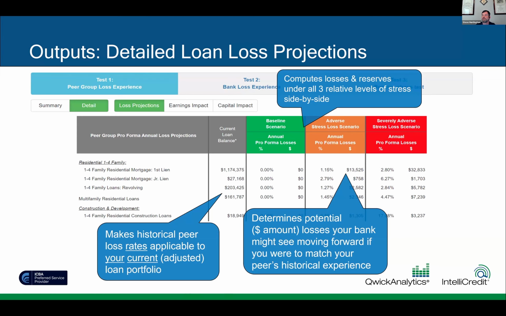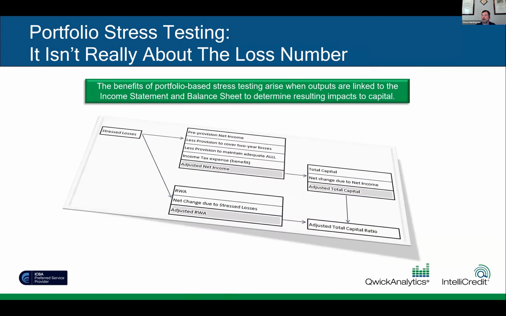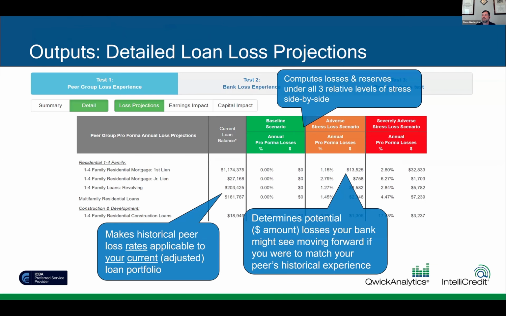So on the next slide here, step 2 is reproject earnings. Just reminding you that it's not really about the loan losses. It's about what impact that'll have on your income statement and your capital. 2 different institutions that have the exact same loss experience can have a very different path through the next credit cycle, depending upon their ability to absorb losses. First line of defense is what? Your revenues, right? Your ongoing revenue stream. And then your second line of defense is, of course, your reserve and your capital.